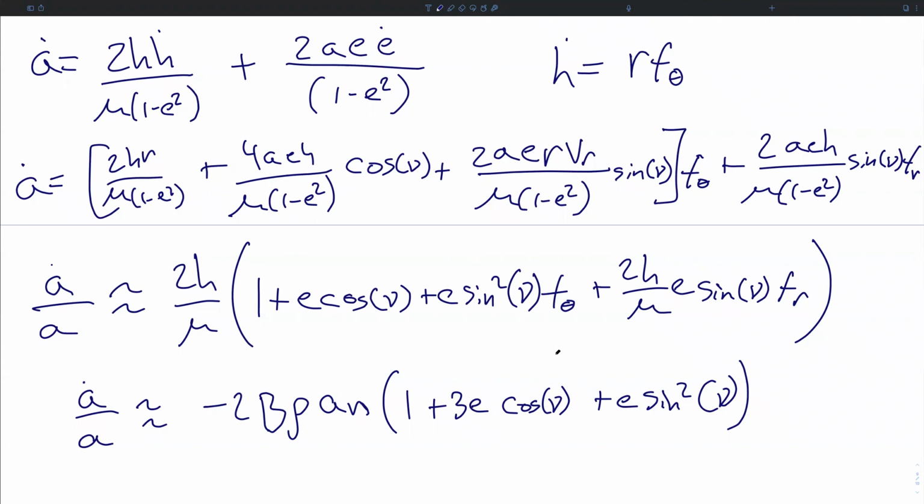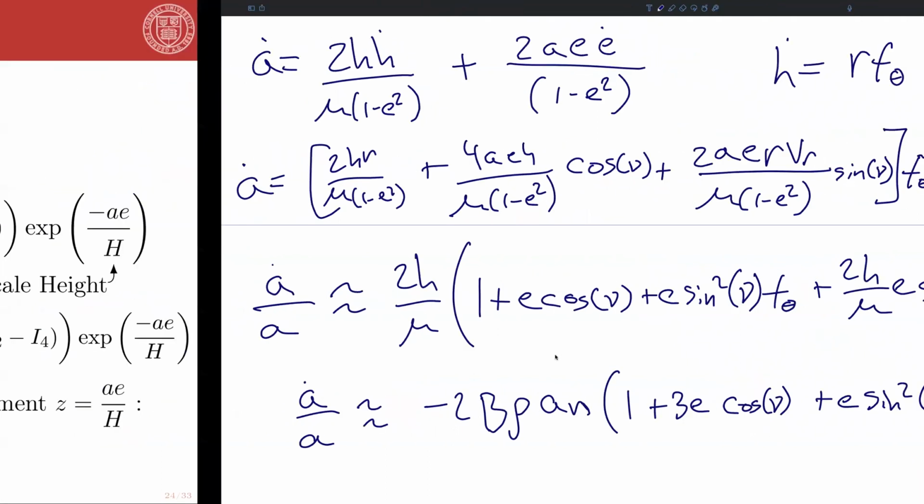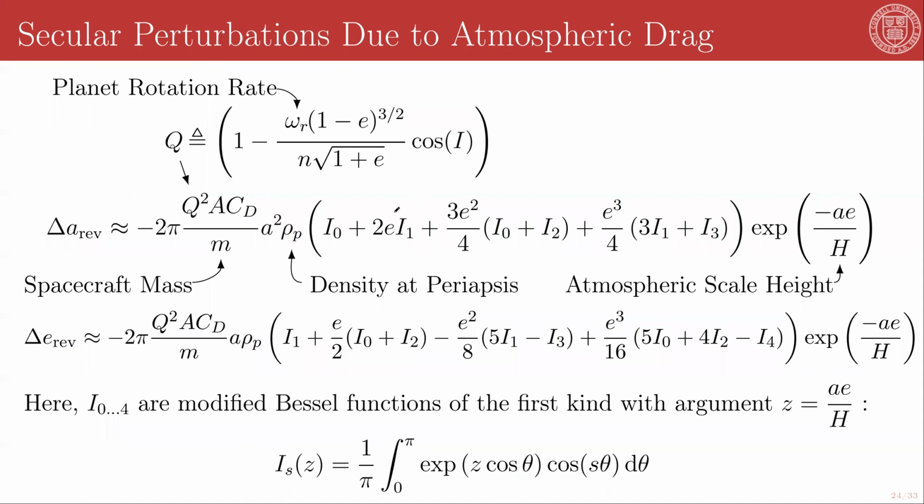We're going to take a quick look at one of these more complex models, but not derive it, because it uses many of the same exact tools that we have already brought to bear. And so the derivation is not as interesting as the basic results. So here we have a model for secular perturbations due to atmospheric drag that tracks very closely to the description in Vallado, which itself is citing a 1987 paper by King-Hele that results from a power series expansion of the term